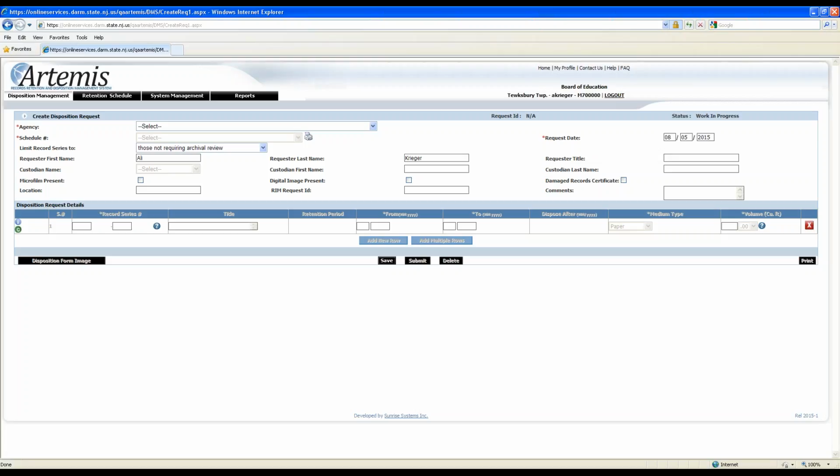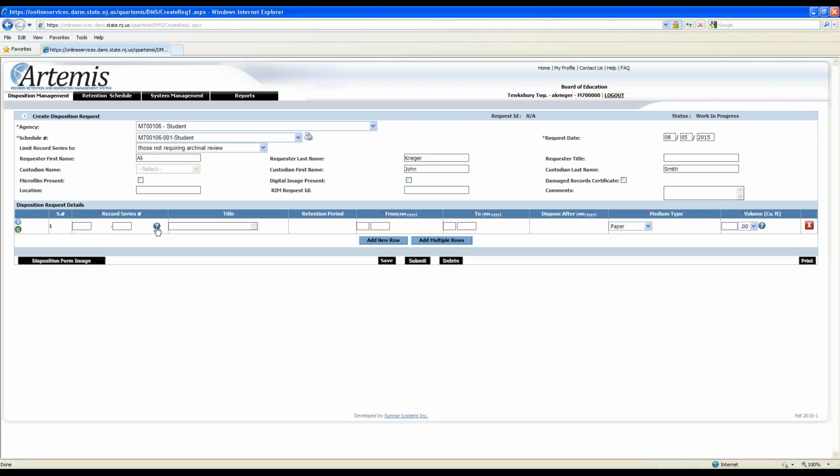Okay, just to give you an idea, when the state processes these requests, they can process 10 electronic requests quicker than they could process one paper request, okay? And actually they process the electronic requests first and then go to the paper requests. That's kind of the reason why maybe your forms have been a little bit delayed in getting back. But just wanted to tell you, again, when you submit this request, within a few days you should have a response back. So let me come in here real quick.